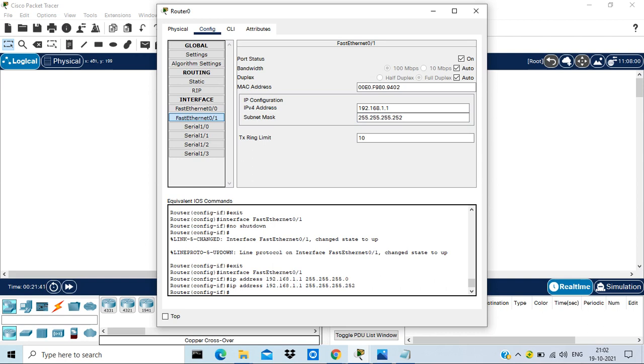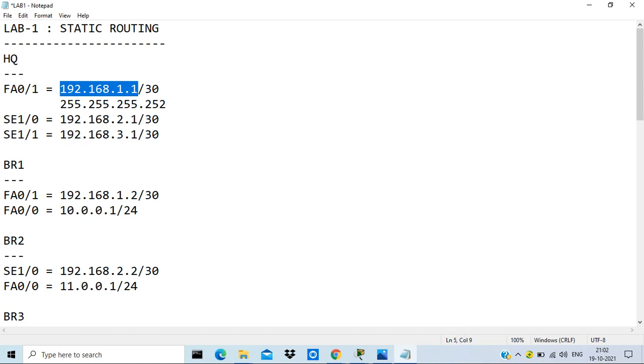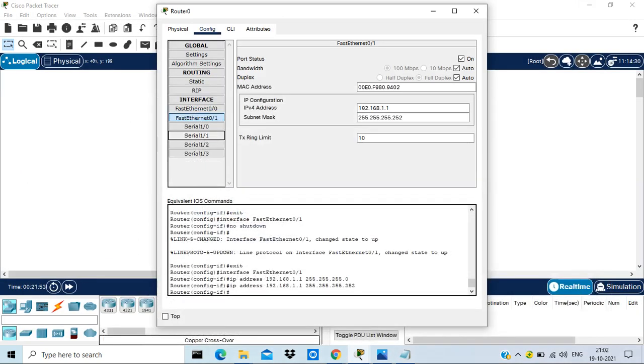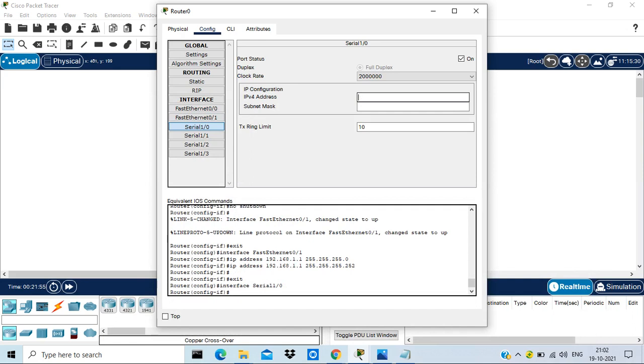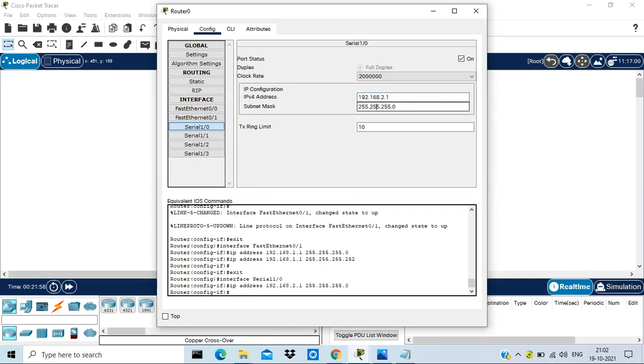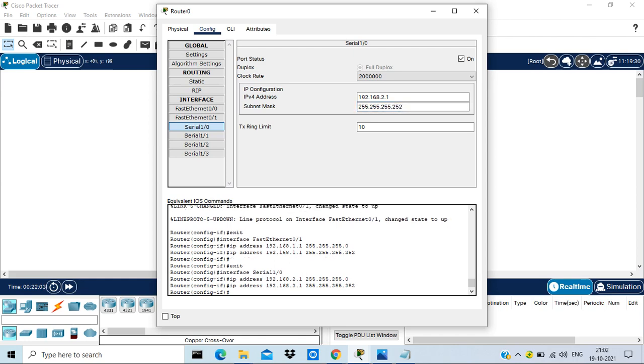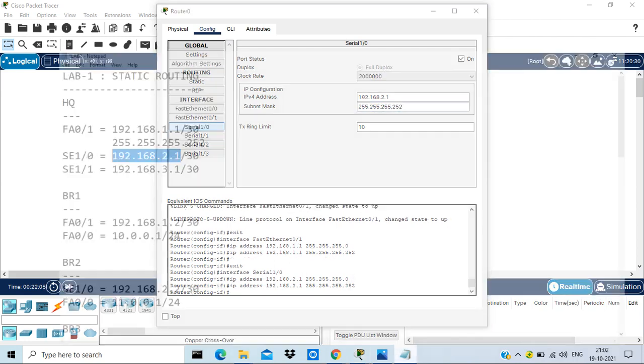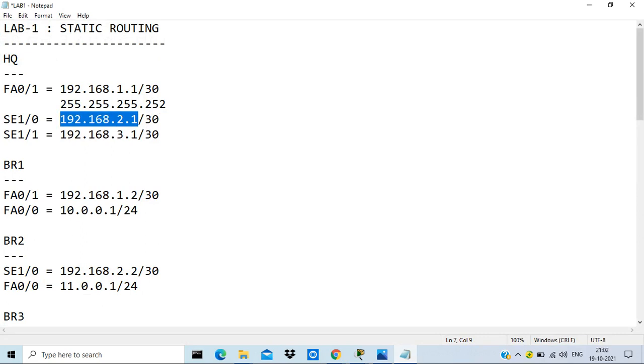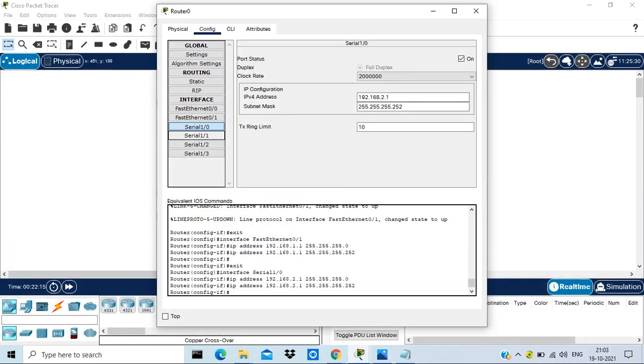So assigning 1.1 to FA 0/1 and 2.1 to AC 1/0. Just we need to change the subnet mask to 252. And the last one is AC 1/1. It should be 3.1.